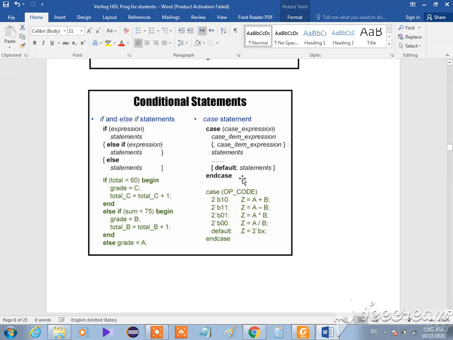And also for the case, if you remember something like a switch case, we write the case keyword, and in the parentheses you write your variable. Okay, in here it's something different. For example, here there are different kinds of things that can be set to the opcode. For example, if the opcode is the binary 10, actually